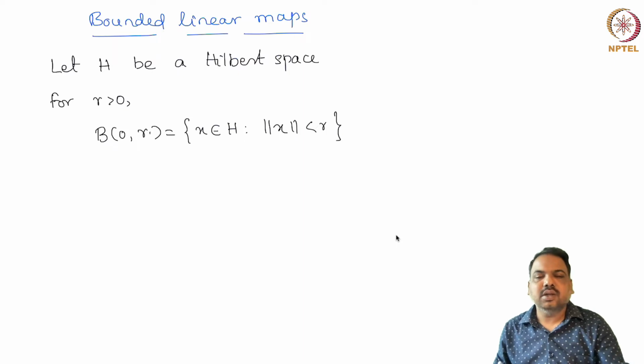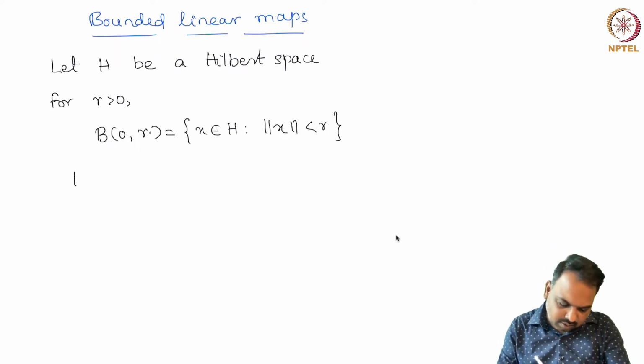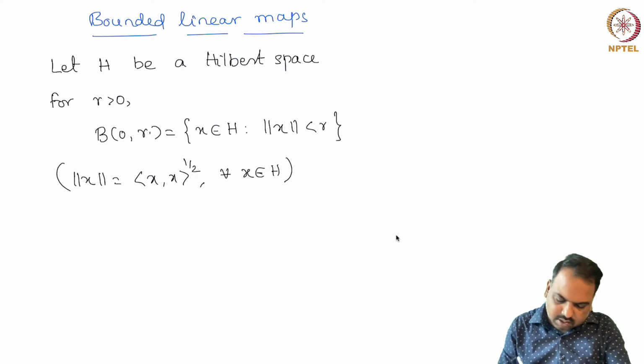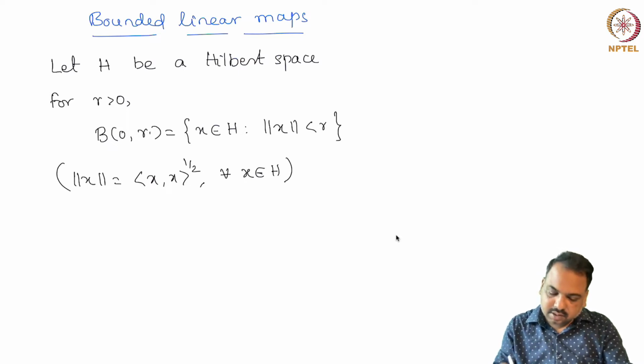Here the norm is the norm induced from the inner product of H, so the norm of x is the square root of the inner product of x with itself. All the time we will be looking at norms induced from the corresponding inner products of the Hilbert space. This is called the open ball